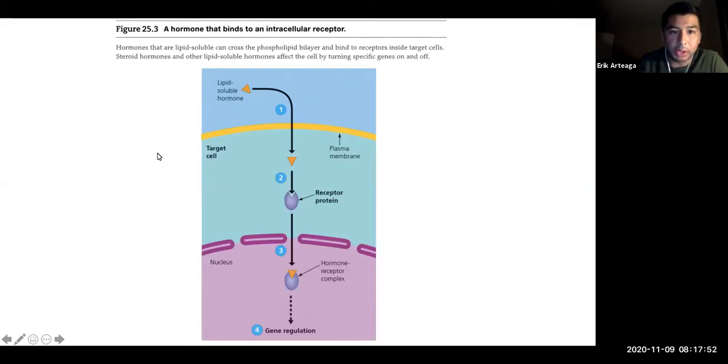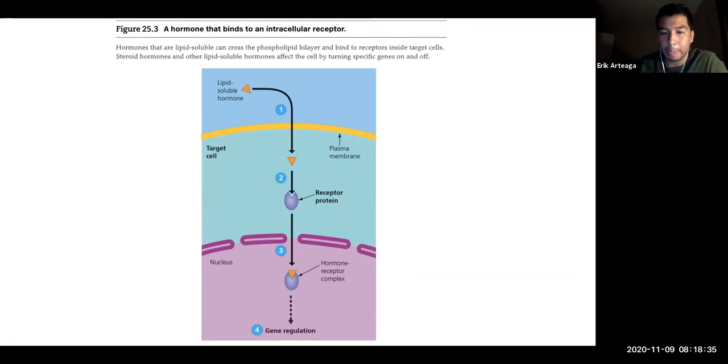Okay, hormones that are lipid soluble can cross the phospholipid bilayer and bind to receptors inside the target cells. So steroid hormones such as testosterone, estrogen, progesterone, those are lipid soluble as well. And remember, the structures of those hormones are very similar to cholesterol. We talked about cholesterol being embedded in the membrane, so this gives you a hint to how they're able to pass through. They're non-charged molecules that are able to pass through this phospholipid bilayer. And then they can bind to a receptor protein within the cell. And this is going to either inhibit or upregulate gene expression, so either you're going to produce a protein or increase protein production, or you're going to stop a certain protein